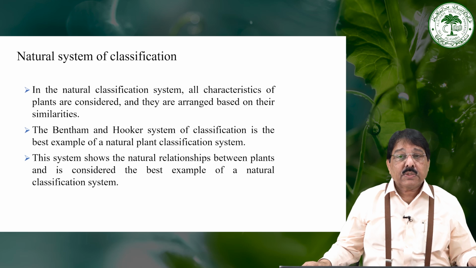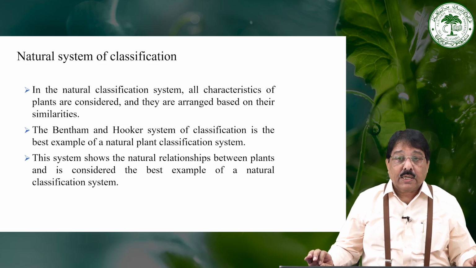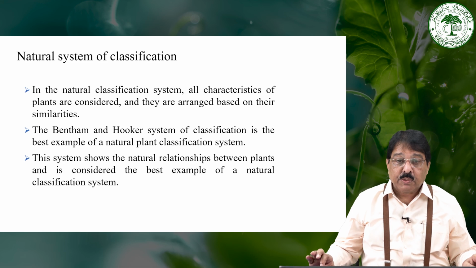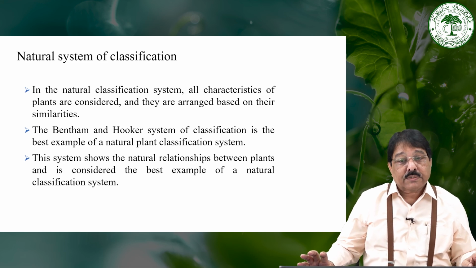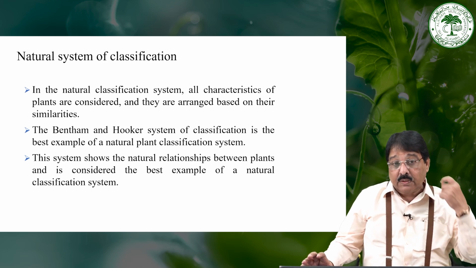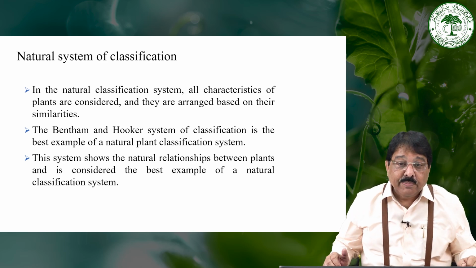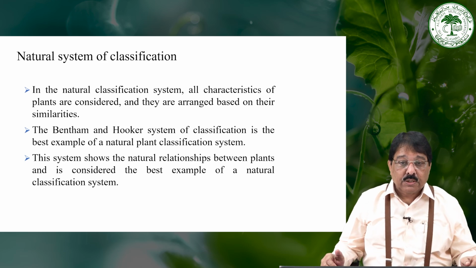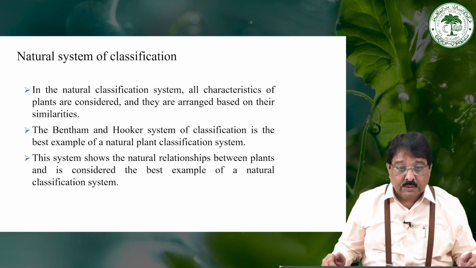In the natural system, the characters which are present in the plant are selected for the classification. Natural characters which are still visible in the plants are selected for classifying the plant kingdom. Okay, then the Bentham and Hooker, if we go through the history of the Bentham and Hooker system of